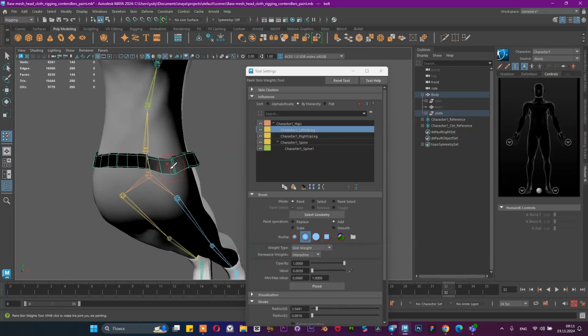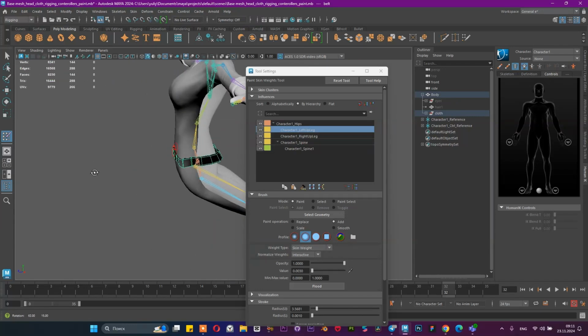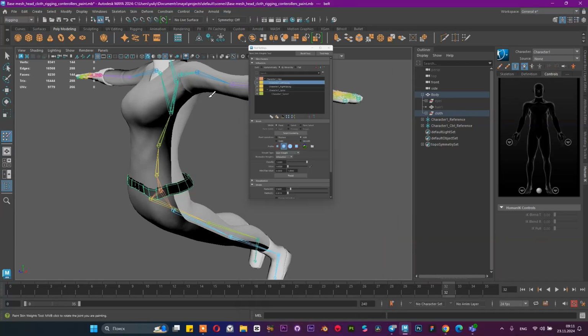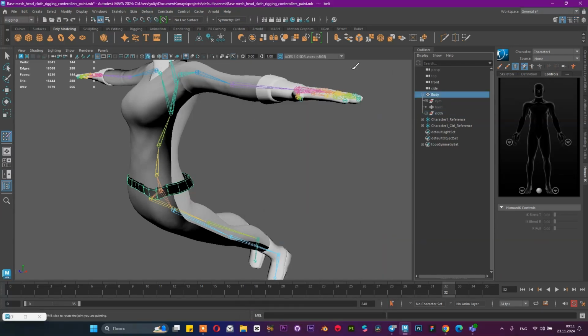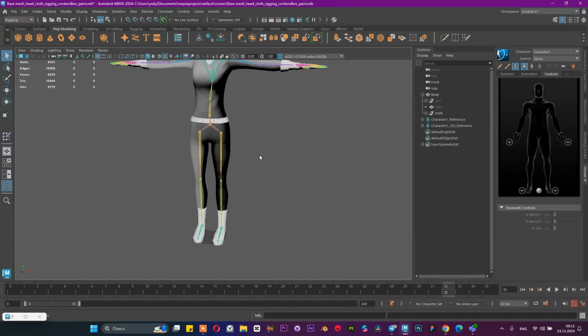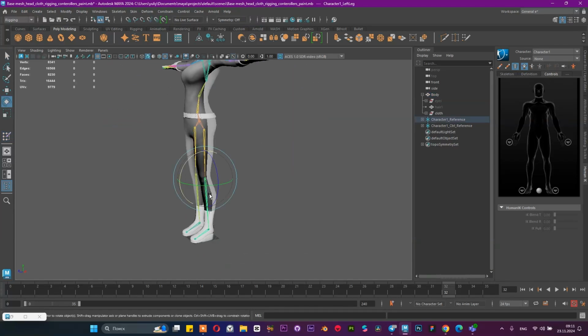Okay, maybe something like this. Not perfect, but it works. Okay, let's go to the bind pose. What else should we fix? We should check